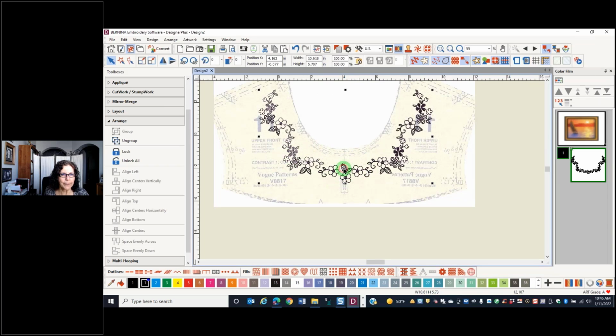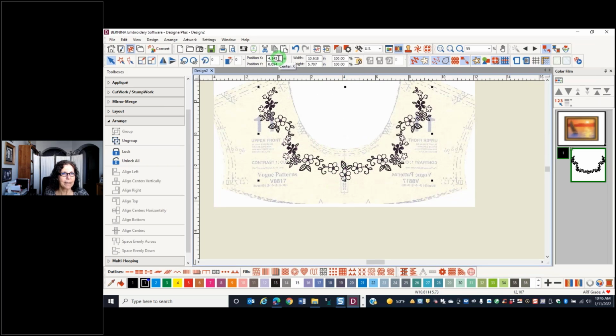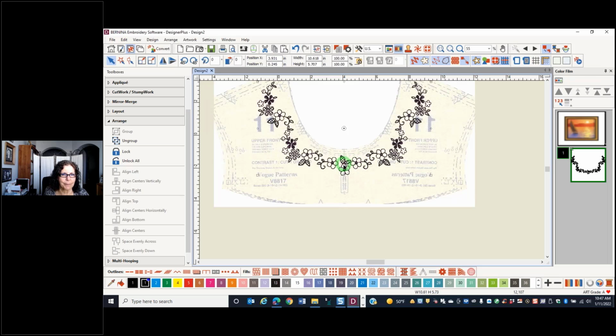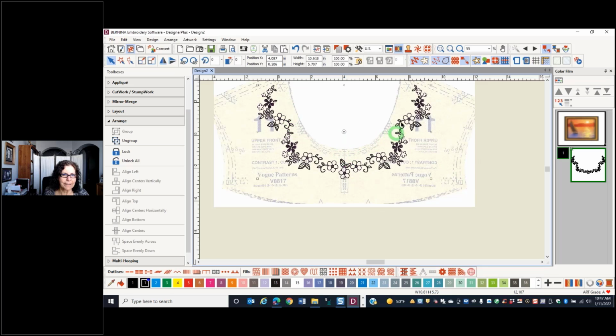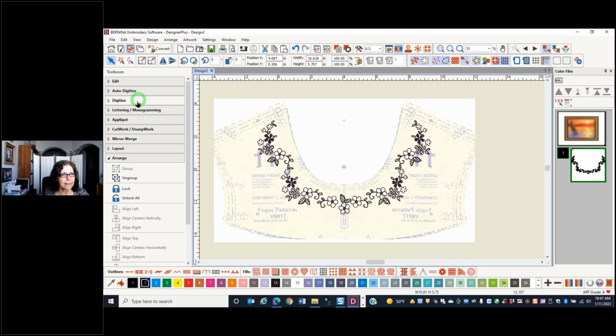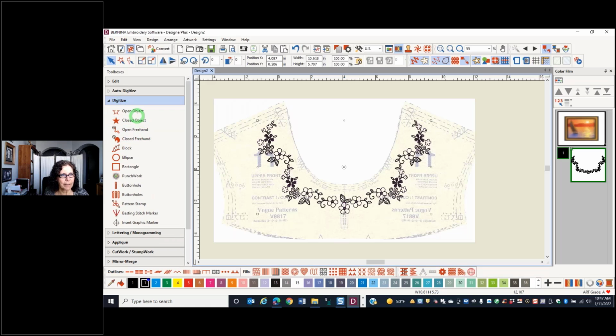And here is when I would want to make sure that my pattern piece is aligned. It isn't aligned with the center of the hoop, so I'm just going to have to visually center this. Okay, so I want to make sure that it's placed in the proper position below what would be the stitching line for this neckline. I can then go to my digitize toolbar,